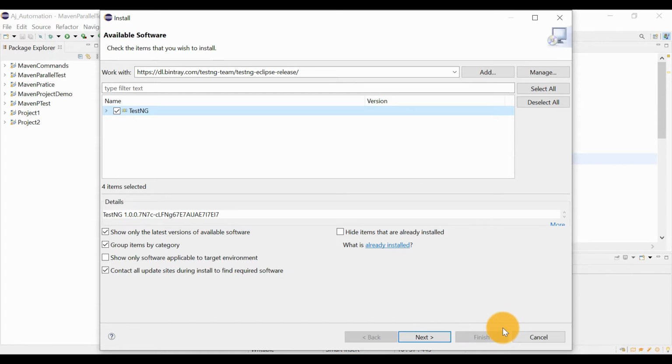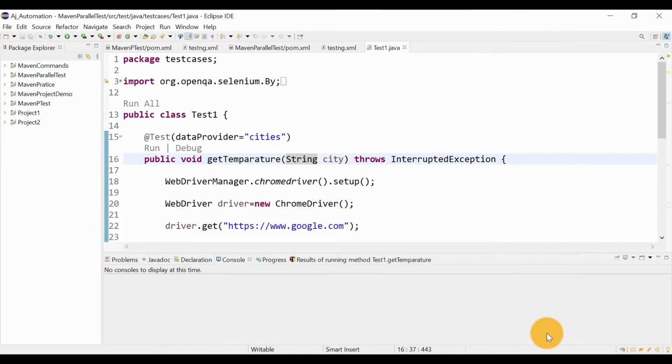You need to restart your Eclipse once the installation is done, and then you will be able to find TestNG in Eclipse. I have already installed TestNG, so I'm not going to install it again. It's very easy, just click on Next and it will install the TestNG plugin, and then reopen or restart your Eclipse.